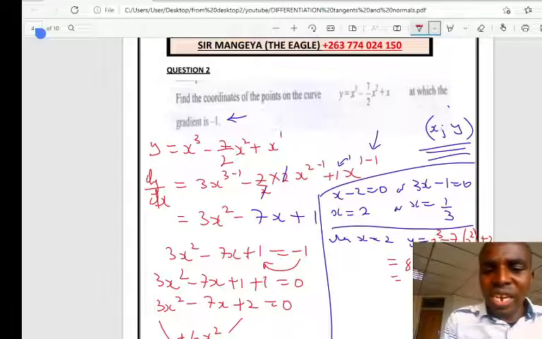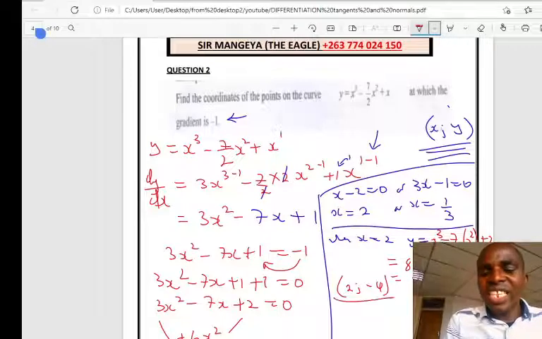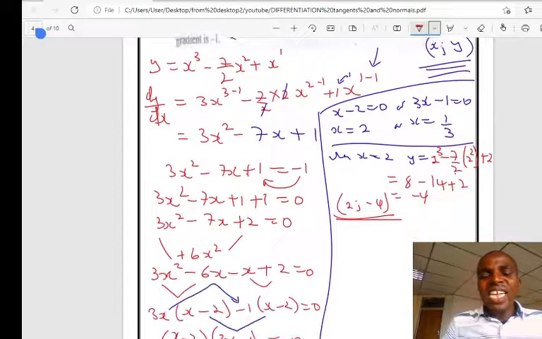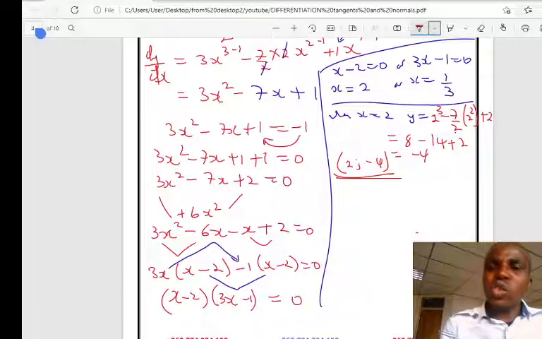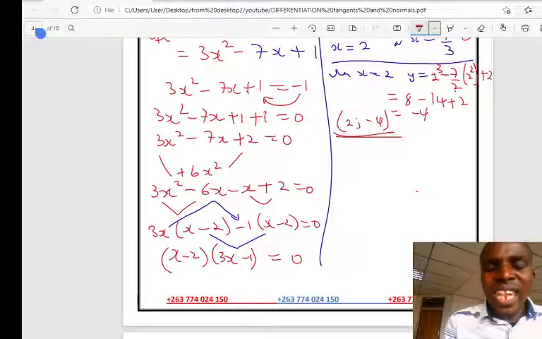So it's supposed to be minus 4 here. That will be the first coordinate, x is 2 and y is minus 4. That's the answer that is needed. Then you find another coordinate. When x is equal to 1/3, what will be y? You say when x is equal to 1/3,